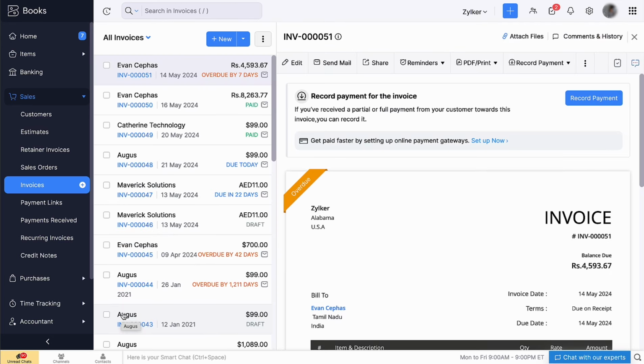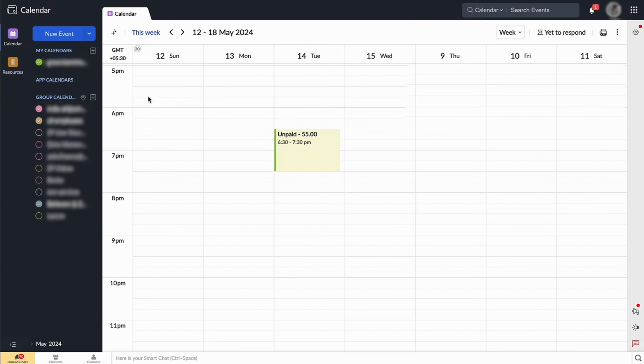Now, go to Zoho Calendar. In the Calendar tab, select the calendar you chose to track the payment dues when installing the extension. The invoice that we created in Zoho Books with a sent status will be reflected on the date when the payment is due. The invoice status will be unpaid in Zoho Calendar.